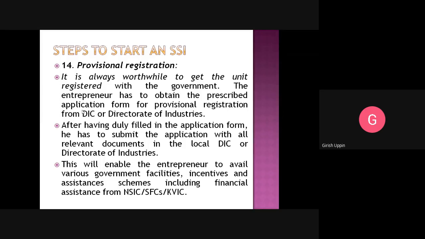KIDB is the one which develops the industrial lands. Then with the help of the DIC, they can provide you whatever the requirement of the land. So in short, for all the needs of the entrepreneur, he can approach the DIC. DIC will not finance, but DIC will help you in getting connected with the organizations which help you in financing or raising the capital. So DIC is like a single window approach.